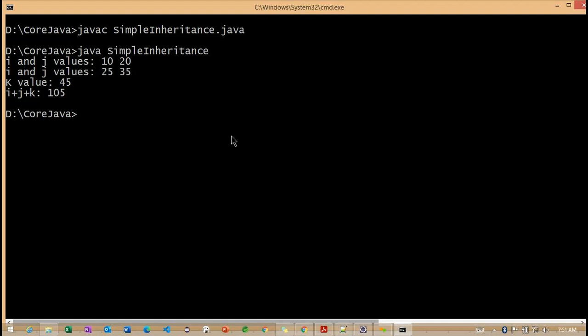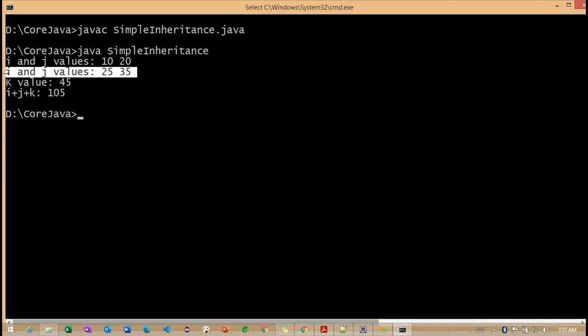Now you can observe the int values 10, 9, 20, and if we observe one more set of int values here, 25 and 35. With the reference of which object did we initialize these? The child object reference.